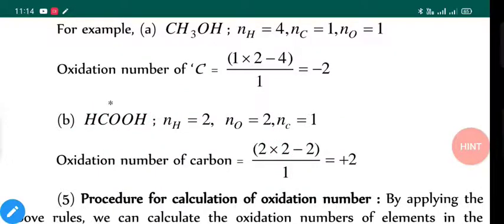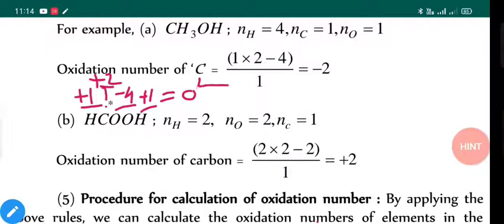And let's verify it with our regular technique. So hydrogen carries +1, carbon we don't know about it, oxygen we have 2 of it, so both of them will give us -4 charge, again 1 hydrogen which gives us +1. Total is equal to 0. So from this calculation we need +2 from carbon, so +2 +1 +1, total +4, -4, it is equal to 0. So carbon carries a +2 oxidation charge.